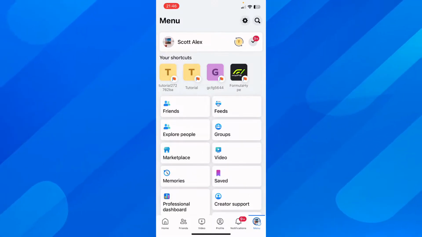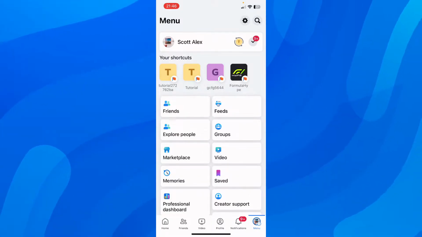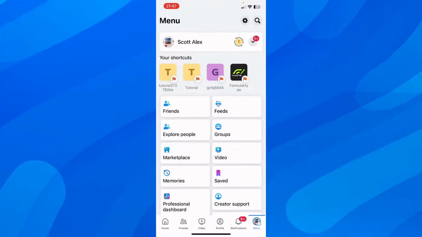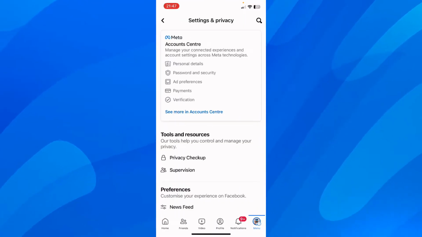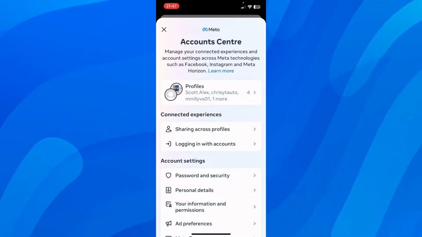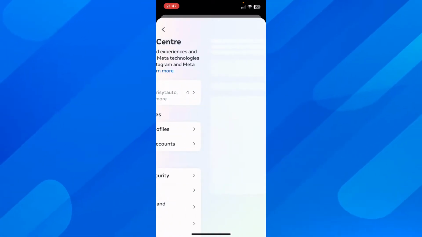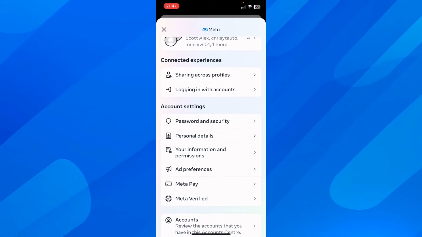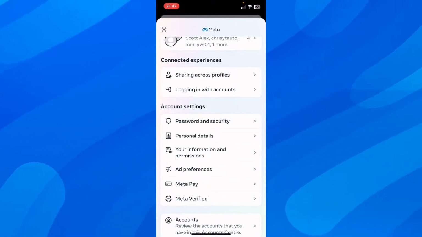So what you're going to have to do is to simply open Facebook and then go to menu, and after that tap on the settings button in the top right corner, and then here you're going to have to tap on account center. Now after that you're going to have to tap on profiles. You're going to have to scroll, go back, my bad, and then scroll down and tap on personal details, and then